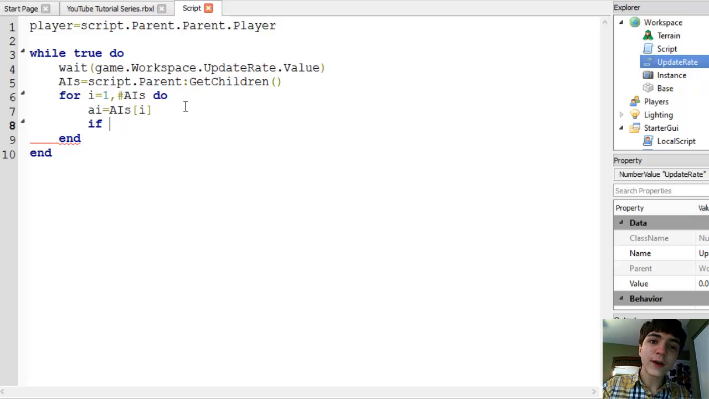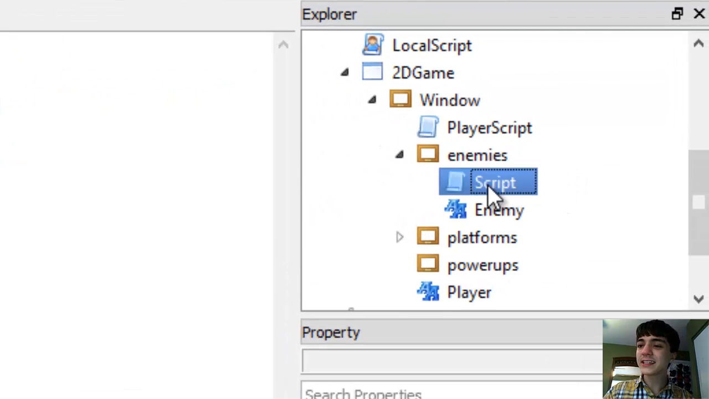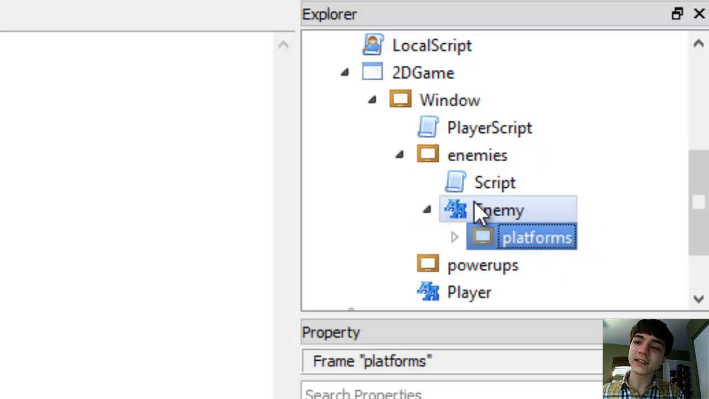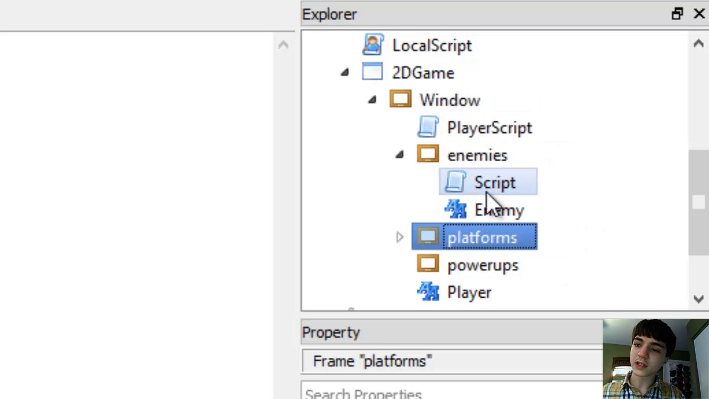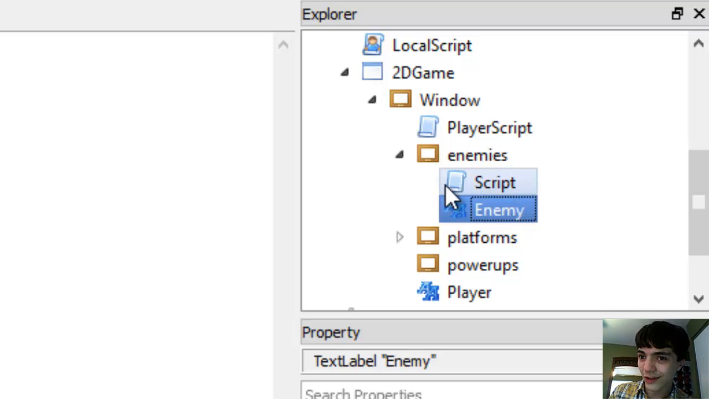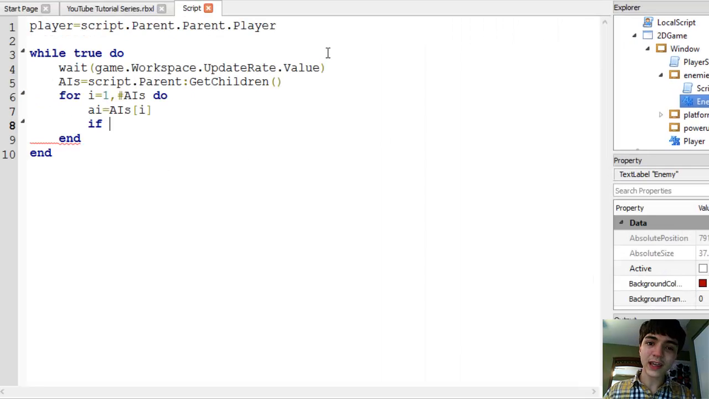And then if we want to make sure, okay, like I said, let's go to the Explorer real quick. Like I said, the script is also a child of enemies. So we want to make sure when we're going through this loop that we only affect these enemies, because I don't want platforms there. We only affect these, not the script, because the script is not going to have some of the stuff that these enemies will and that we'll need. So you don't want to touch the script in this. So back over here, we're going to write if